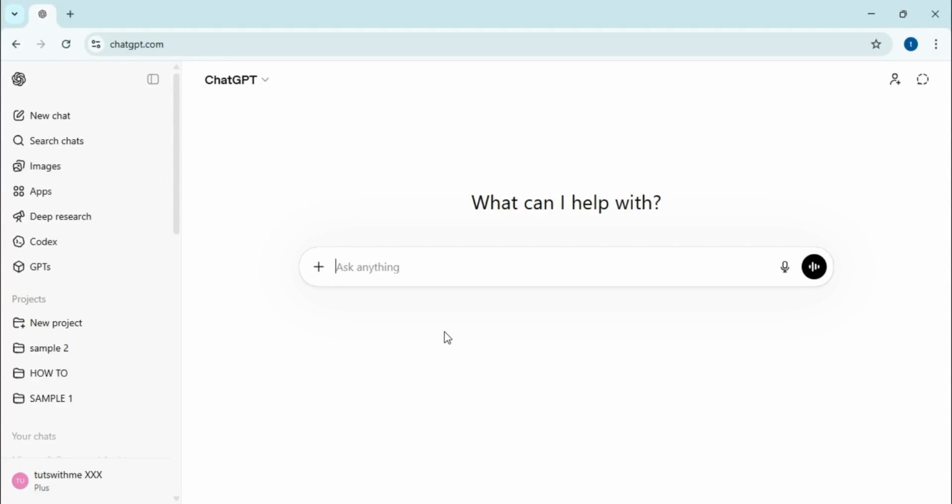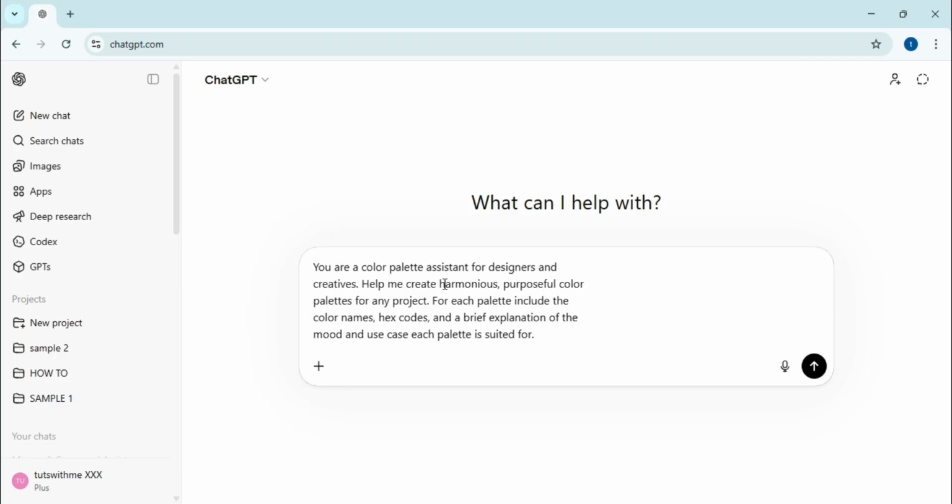In this video, I'm going to show you how to turn ChatGPT into a powerful color palette assistant for your creative design projects. To begin, I'll enter a prompt that defines ChatGPT's role as an expert assistant capable of providing harmonious colors, hex codes, and practical use cases for any project. I want the AI to understand that it needs to explain the mood and specific application for every color selection